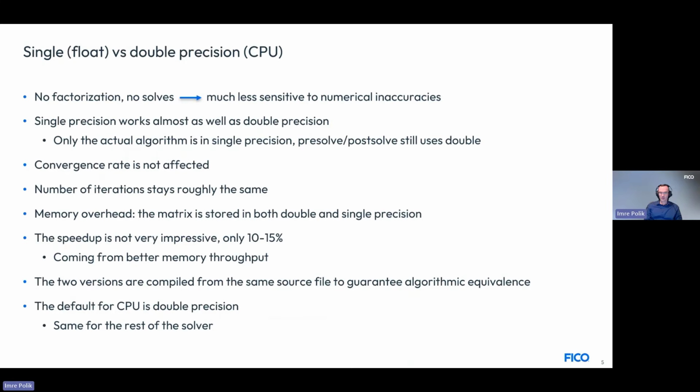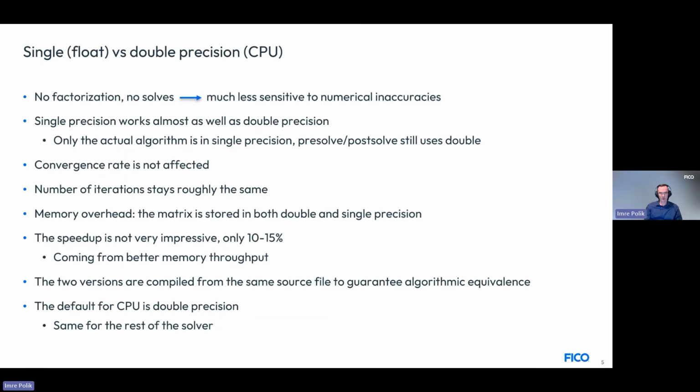There's a bit of memory overhead, surprisingly, because now we have to store the matrix both in double precision and also in single precision. But in exchange, we do get some speed up because operations on the single precision matrix are somewhat faster. Not terribly faster, only 10-15%. And this is coming more from the better memory throughput than from